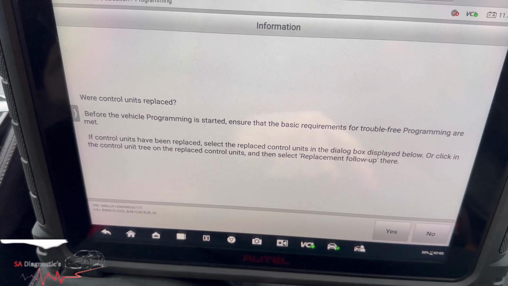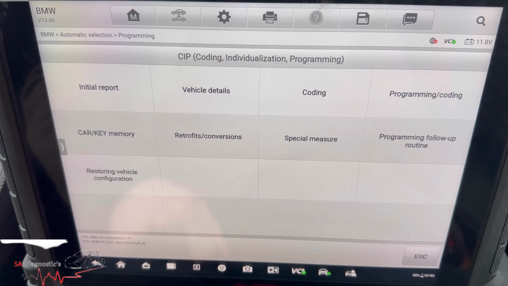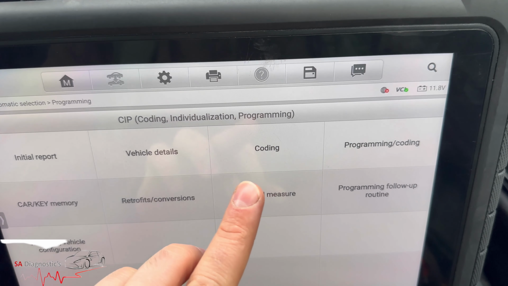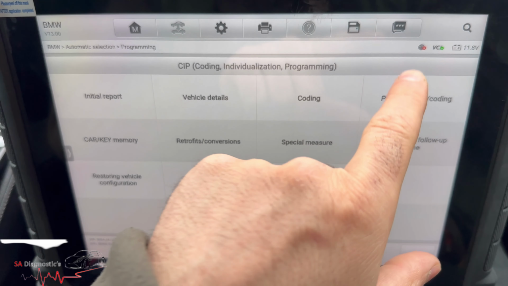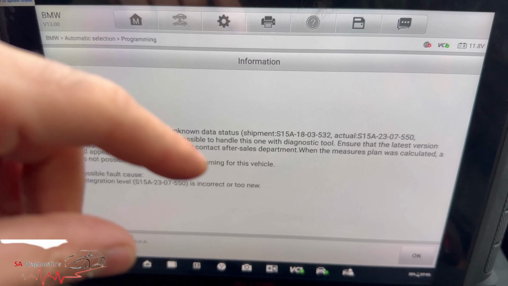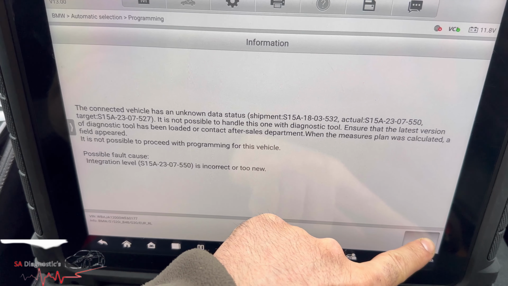Where unit control, nothing's been really. So in this case, you have coding and programming, okay? You have to program because that's where it actually adds the new,